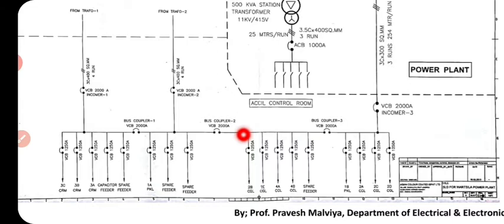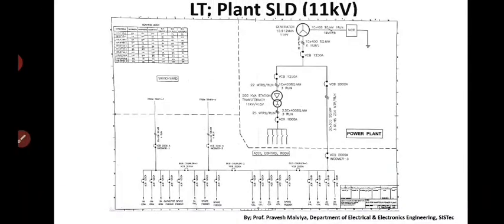So these 3 points I am repeating again: the frequency should be the same for this power plant and the state grid, the voltage level of each phase should be exactly the same, and the phase sequence should be the same. If these 3 points are satisfied, only then can we close this bus coupler circuit breaker. So synchronization itself is a very challenging thing, but with proper execution